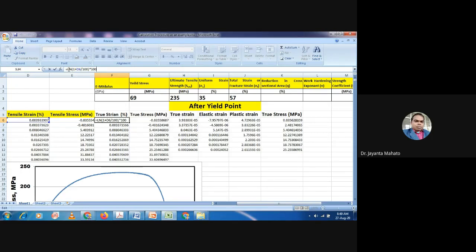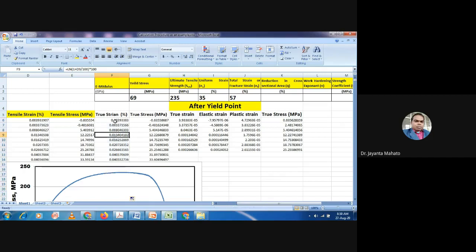Before putting the formula you have to write equal, then ln, then bracket, 1 plus e, meaning the engineering strain value, divided by 100, multiplied by 100 to get the percentage value of true strain, and just double click here.